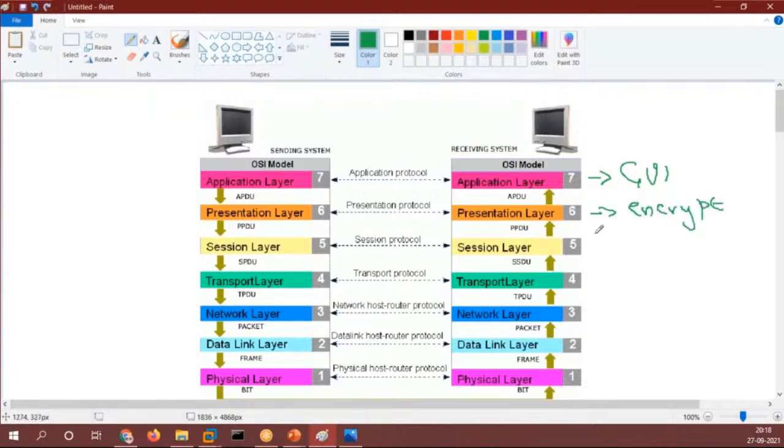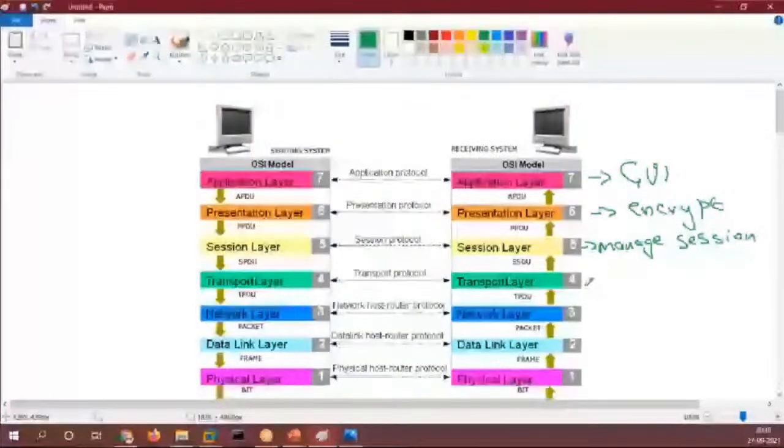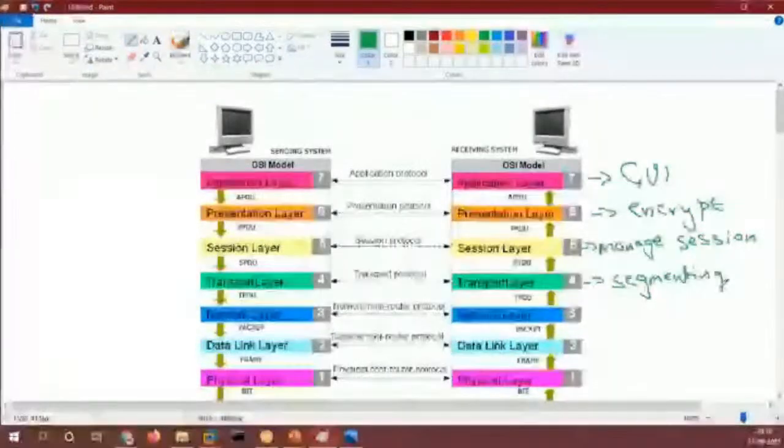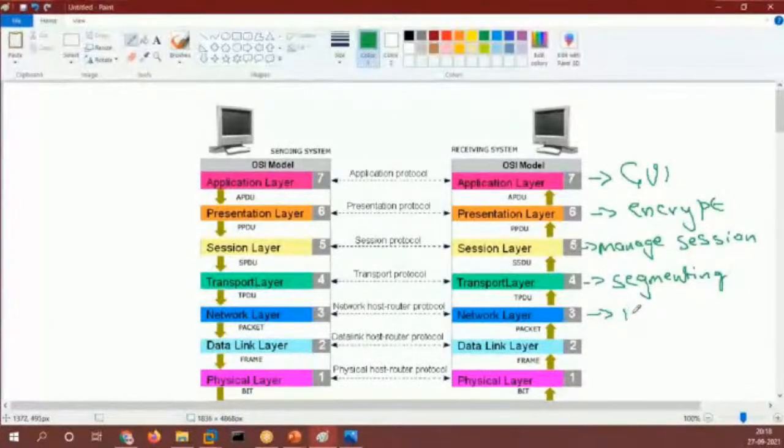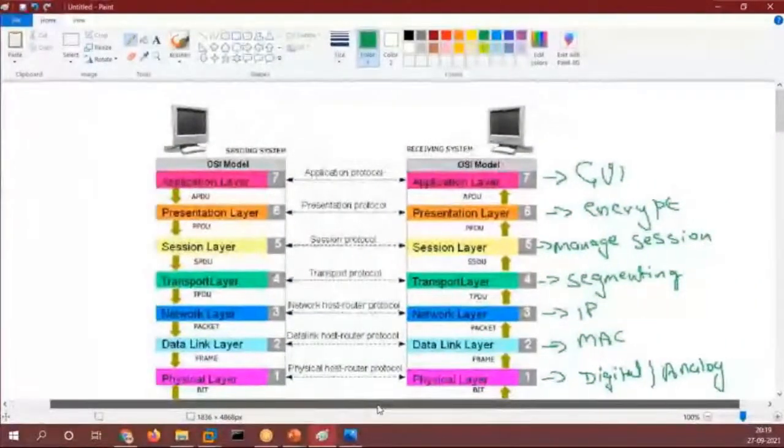The work of the session layer is to manage the session. The transport layer is segmenting the data. The network layer is working with IP addresses. The data link layer is working with MAC addresses. The physical layer changes the data into digital or analog. So these are the things that we have.